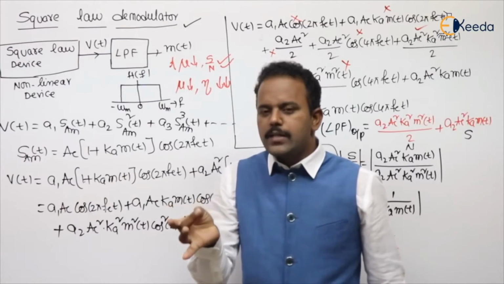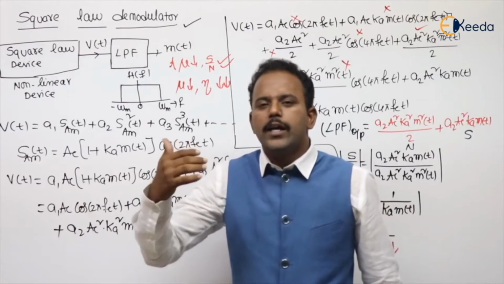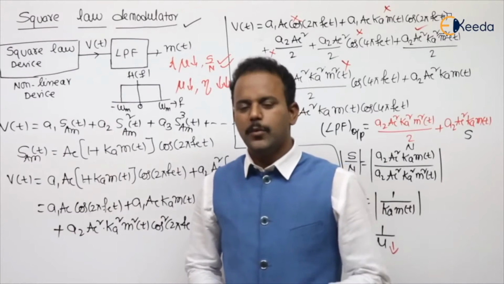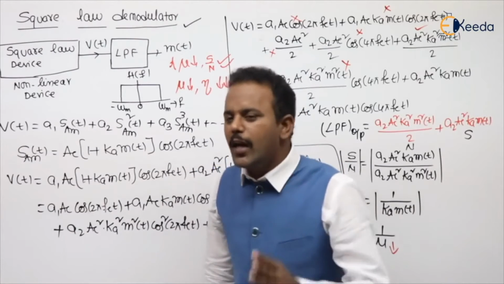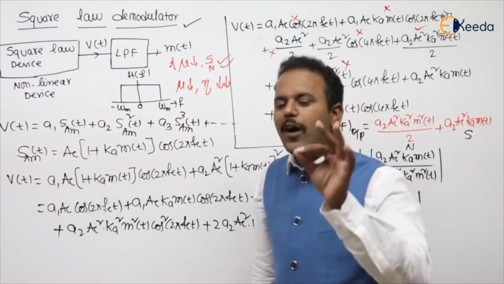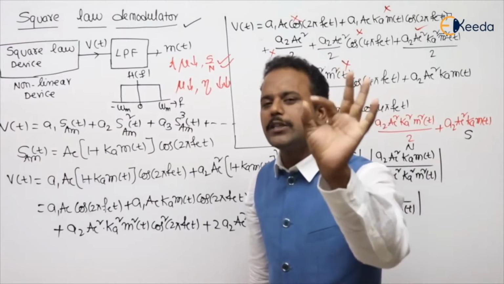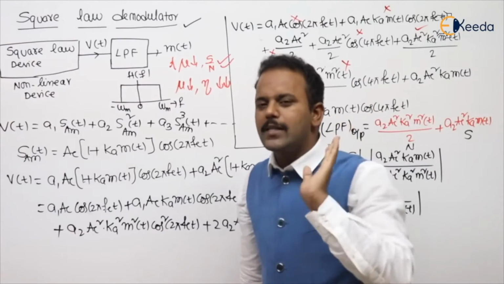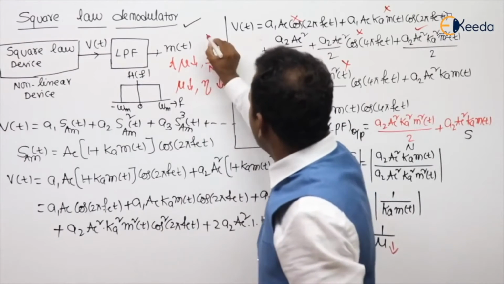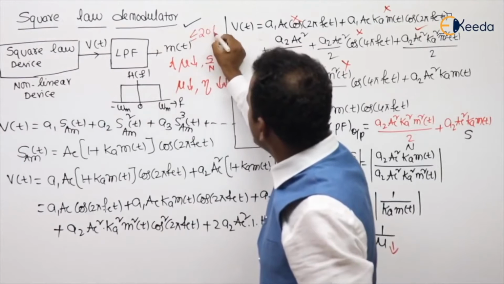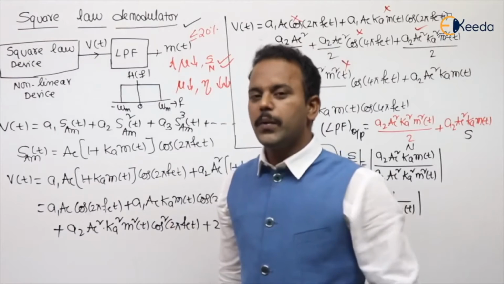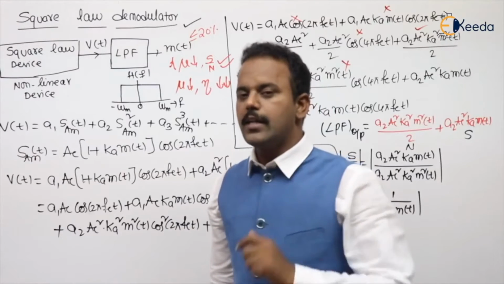Suppose envelope and synchronous have gone for vacation to Goa. Both are gone on vacation. Then what is left? We have to go with the square law demodulator only. Then what is the preferable value of modulation index? What is the preferable percentage of modulation index? Still we get some satisfactory results if we keep it less than or equal to 20%. That is, mu less than 0.2. Still you will get a satisfactory result.